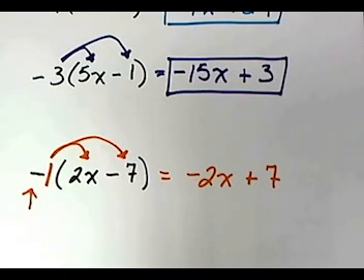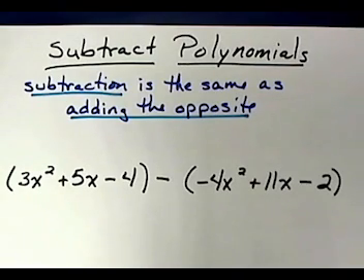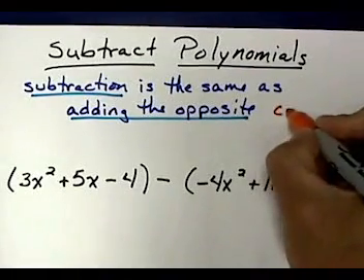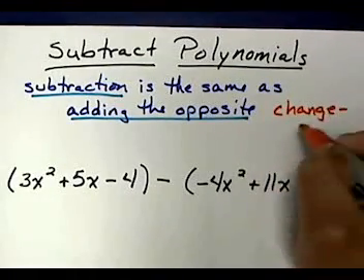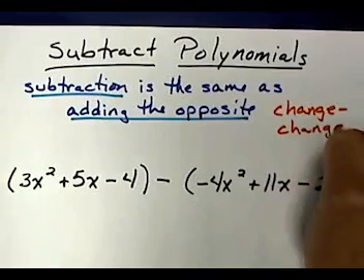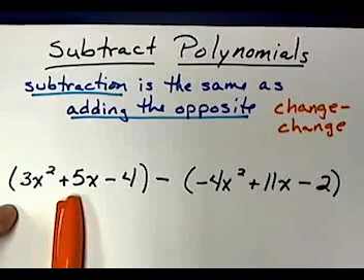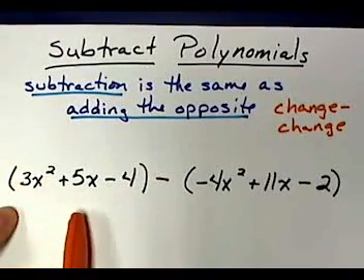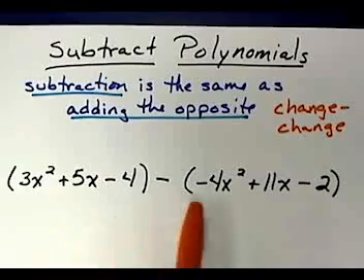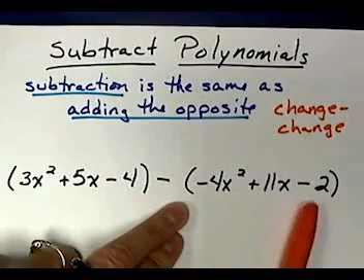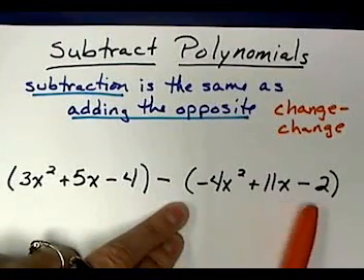We're going to use that concept in order to subtract polynomials. To subtract polynomials, we need to remember that subtraction is the same thing as adding the opposite. We like to call that change. So you see in this example we have 3x squared plus 5x minus 4. Once again, that's in parentheses indicating that that's the first polynomial. We have a second polynomial in this parentheses over here, the negative 4x squared plus 11x minus 2, but this